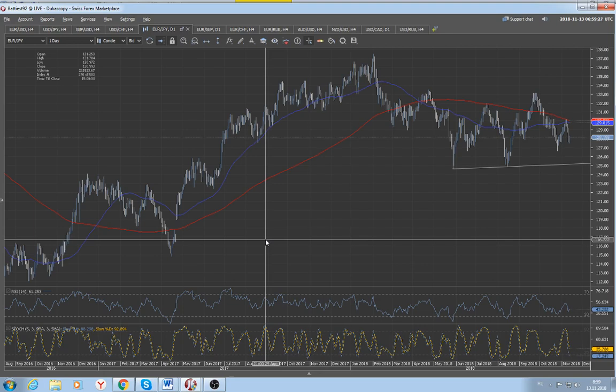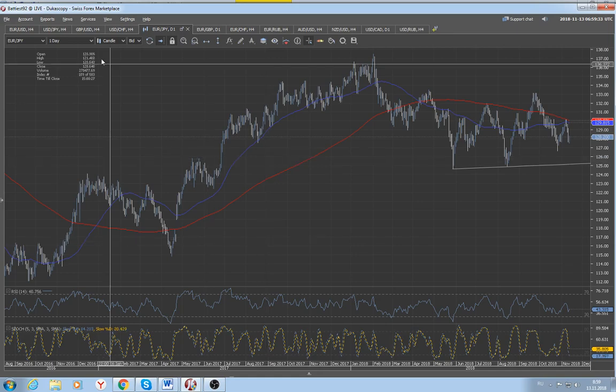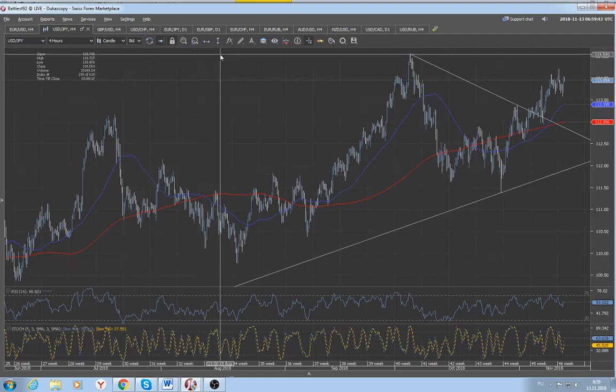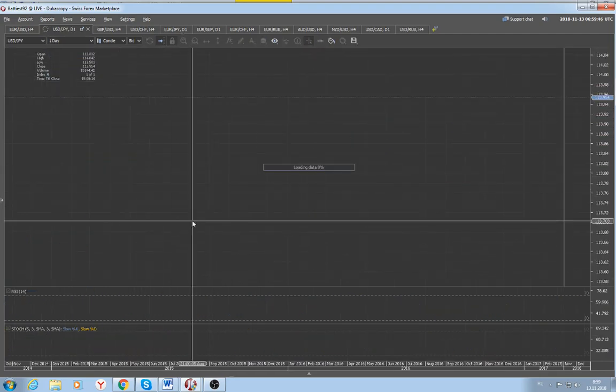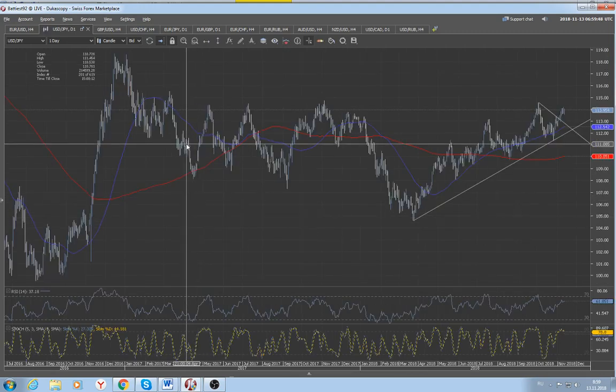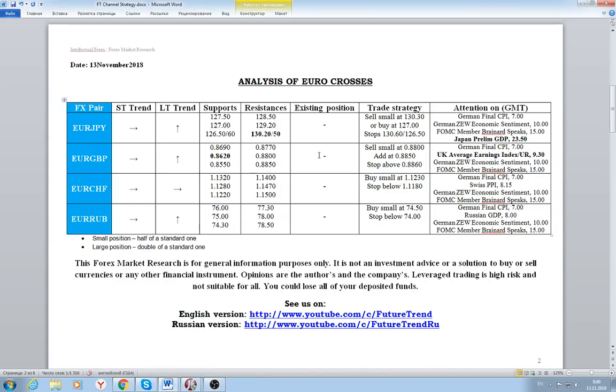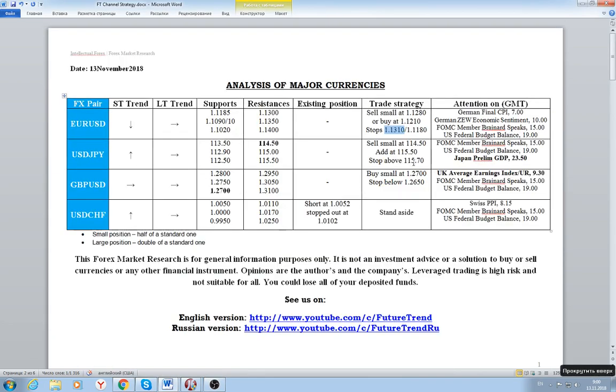And from this point of view, there are a lot of reasons to buy the Japanese yen. Anyway, we see that the dollar yen continues to remain quite well supported. Anyway, the possible up spike to the level 114.50 we will use to sell the currency, and we will even add to the existing position on a possible rise to the level 115.5, with a stop above 115.70.